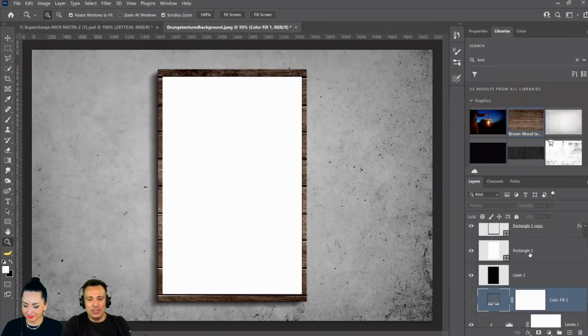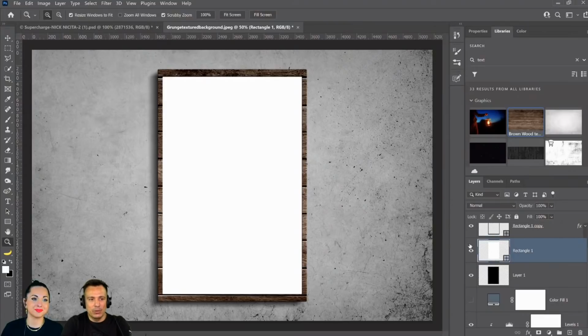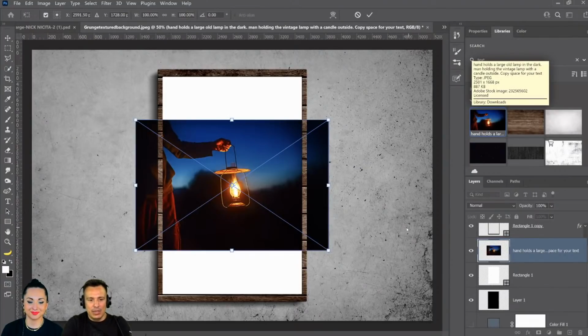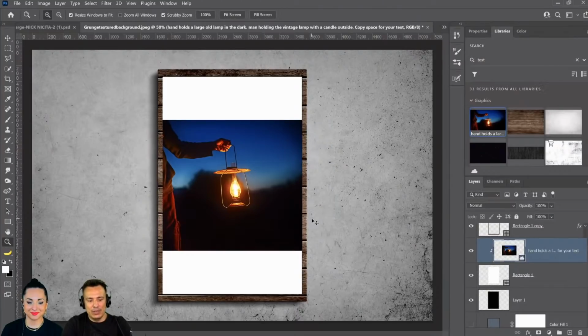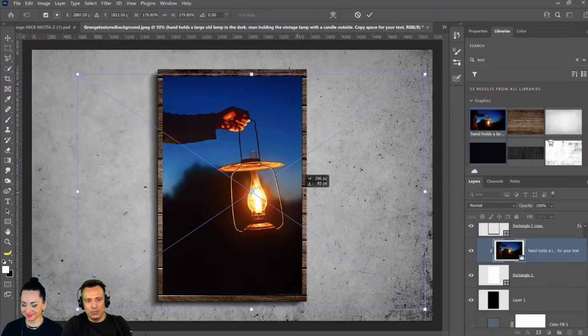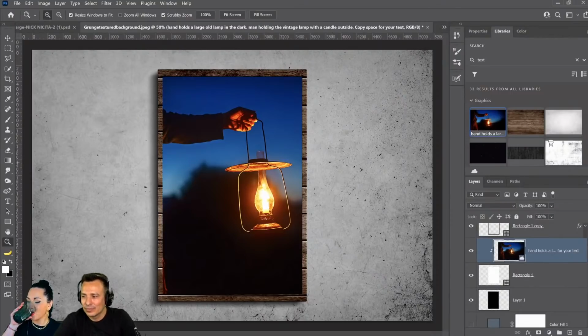And also to apply your image is very simple because now you have this box, right? That's where the image will show. You don't even have to worry about aligning it perfectly, because you can just drag in your piece of art in here, and you can just press Control-Alt-G on Windows, Command-Option-G on the Mac to clip it to that layer, and then just resize the image accordingly to fit within your template. And it's so much better because, again, everything is in its own layer and is very customizable, and you can do whatever you like to it.